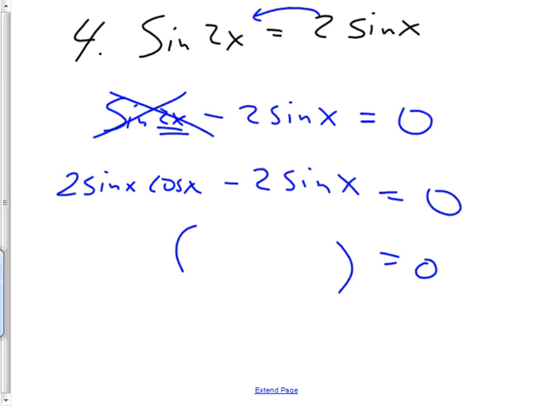So I have the 2 sine x comes out front, and then I have cosine x minus 1, and then both parts can be set equal to 0, and then you'll have multiple answers. And then if it said at the top of the page, find all the solutions, you'd add plus 2 pi r. This says all between 0 and 2 pi,